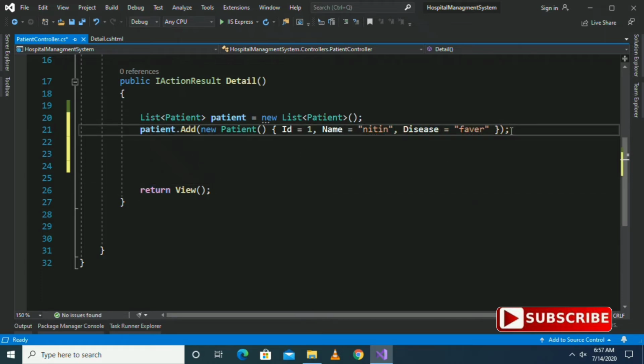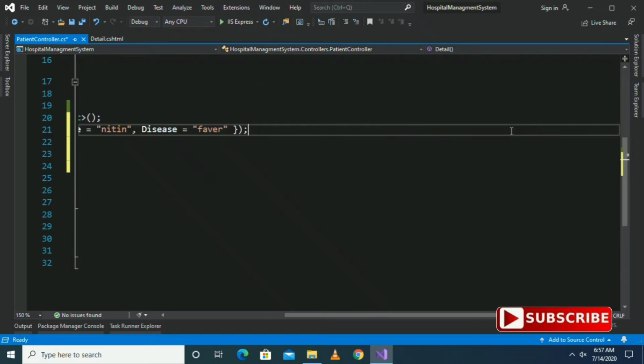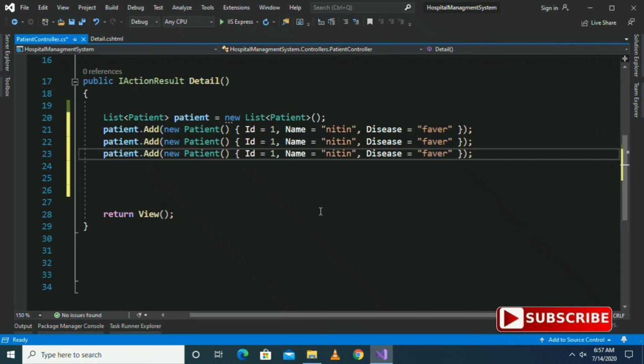Okay, now I'm just going to copy it and paste it two more times and change the values over here.